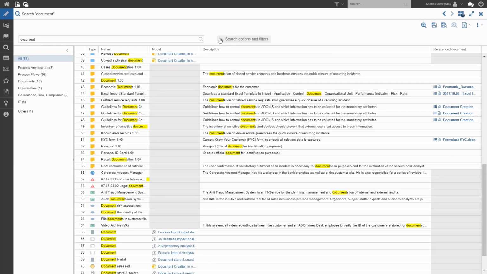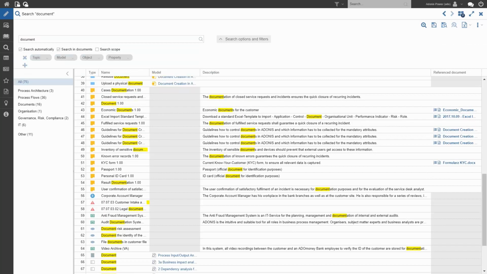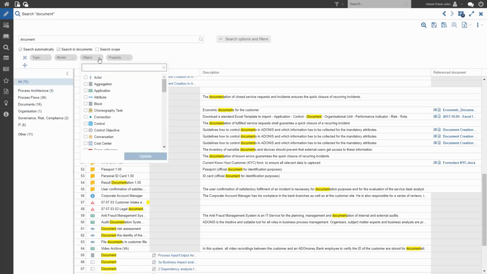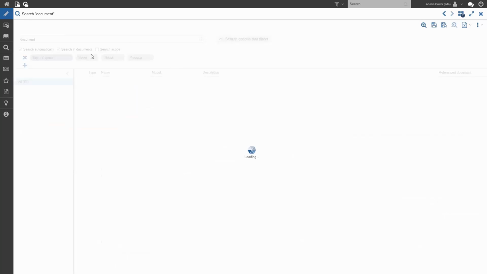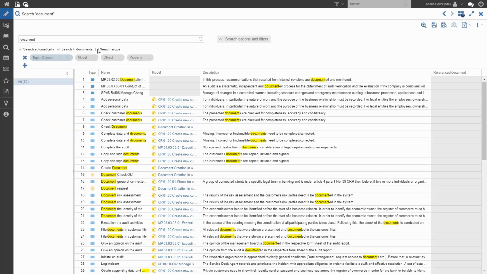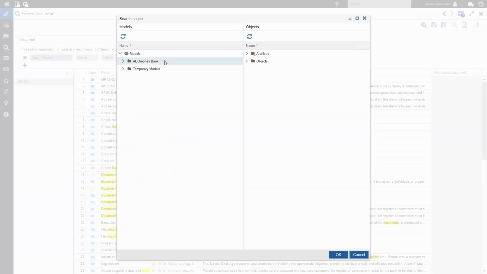If we open up the search options and filters, we can filter our search results to narrow it down to what we're actually interested in looking at. We can say we're only interested in objects to begin with. And there's a new option here where you can narrow the scope of your search. By default, it searches the full repository, but maybe you know where in your folder structure you would like to run the search.